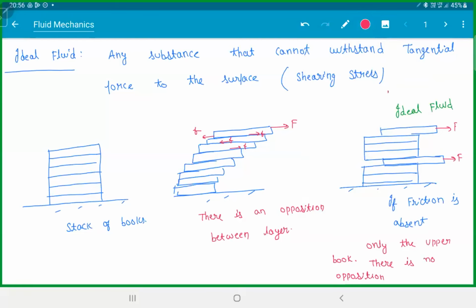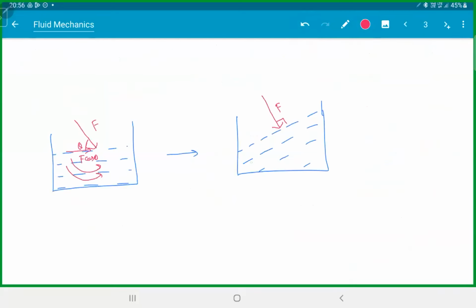But what if I apply force this way, will there be any problem? If you push the books down, will there be any problem? So books don't have a problem if you push them down. They have a problem if you push them tangentially. That means the liquids will keep on moving till the force becomes perpendicular to the surface. Is this making sense? So here the F cos theta